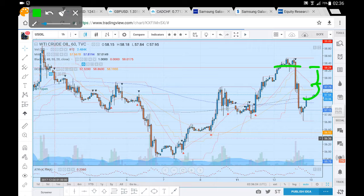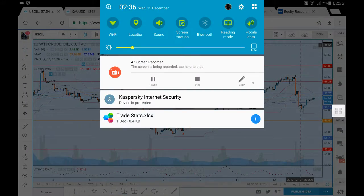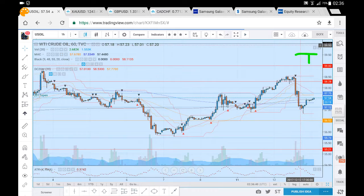It has acted as a level of support and resistance in the past, so you'll see price react at 58.28. And if we do successfully navigate 58.28, we'll be looking to target that 59 level on oil. And if we do break above 59, before we look towards that $60 barrel in oil, we look to see how we break around 59.50 before we target that $60 barrel. But first we have to successfully navigate 58.28, 57